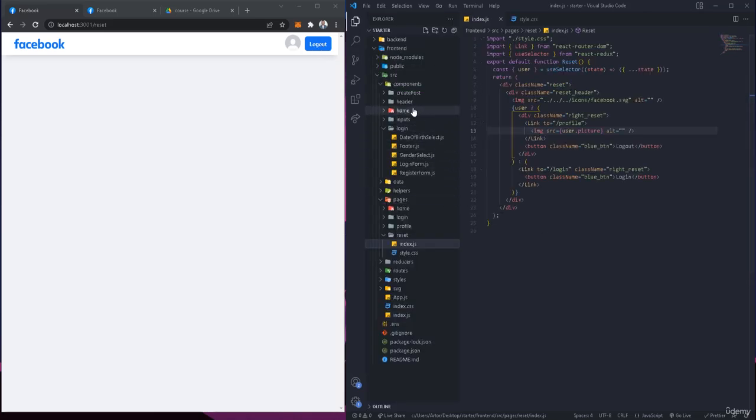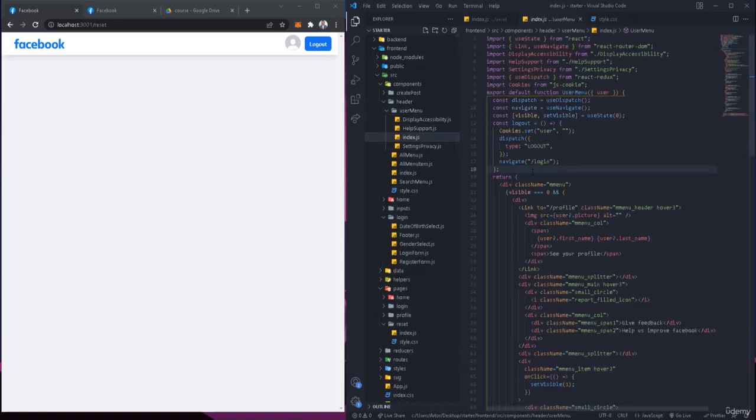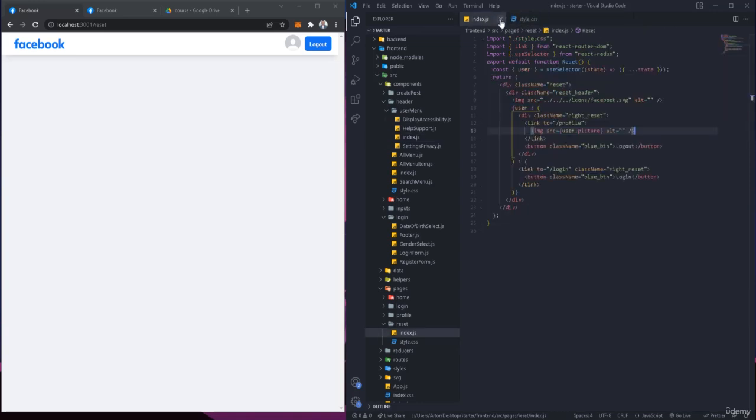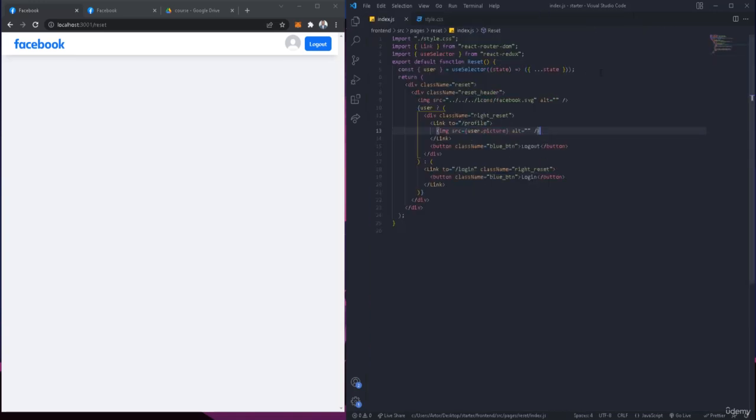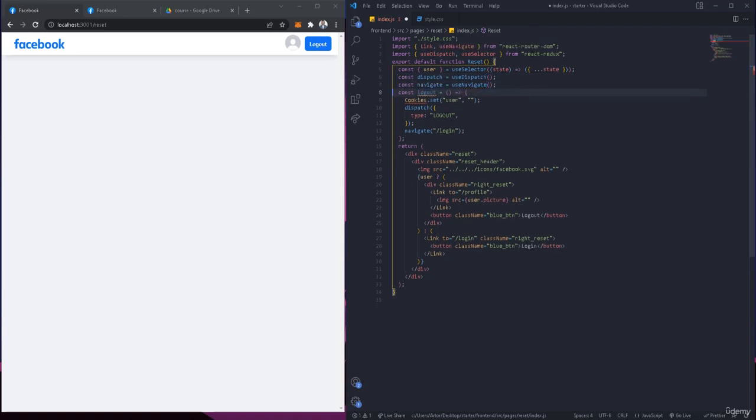So let me just go to the header and then go to the user menu, to the index, and let me take the function. Okay, let me just take those from here, go back, so you can use that to log out if you want. Okay, like that. Let me just go and get the useDispatch and the navigate. Okay, and then remove the visible. Okay, and also import the cookies